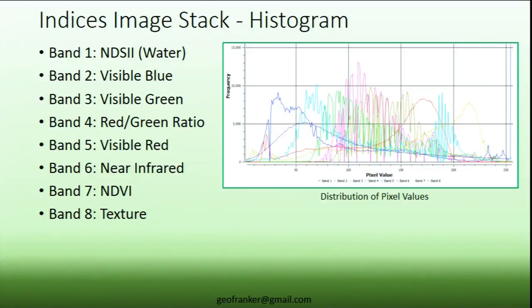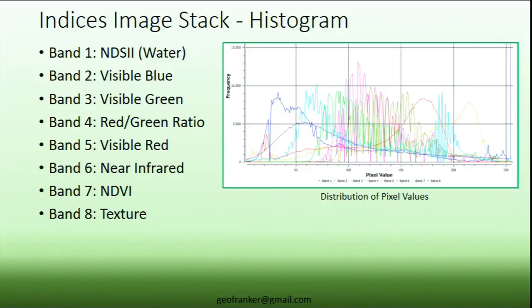The red is the near infrared, and then you can see the visible bands are all stuck here in the middle. The true color bands are really not that spectrally discriminate. They're just hard to classify sometimes. But when you calculate the indices and stack them back in with the original bands, you begin to have something a little bit more powerful, because now I feel like I'm moving the pixels around